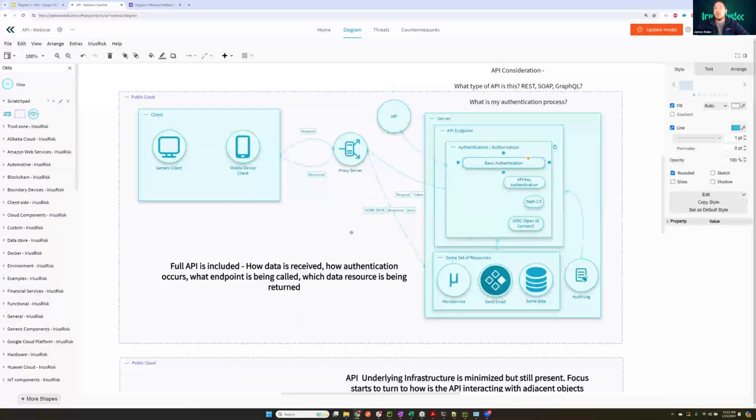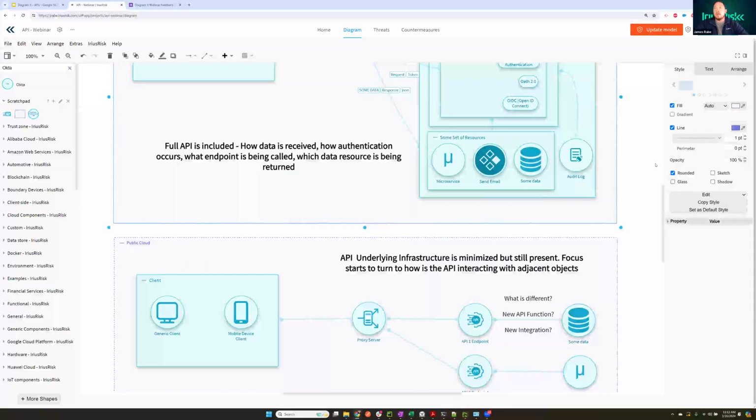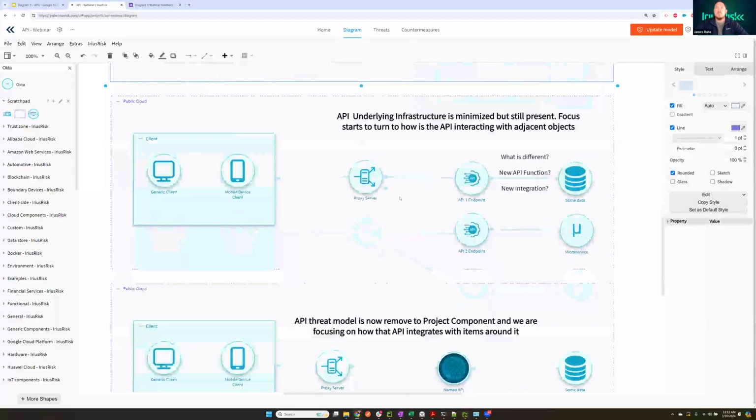component. Now, if we think about how we can reduce this even further, now I start getting into representing different API endpoints. I've got some proxy server here, which is maybe redirecting to one API versus another API based on some function. And you notice the API infrastructure now is completely minimized. I'm not talking about authentication here. I'm talking about what is the function of this API endpoint, what is it doing, what's being called, what's different,